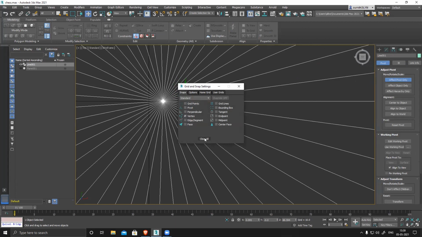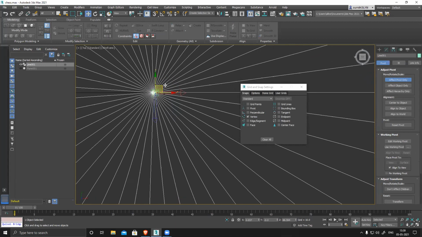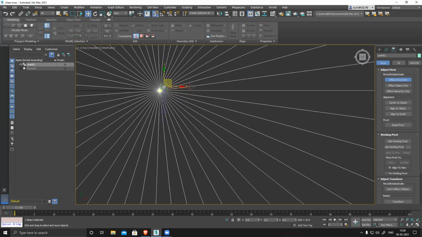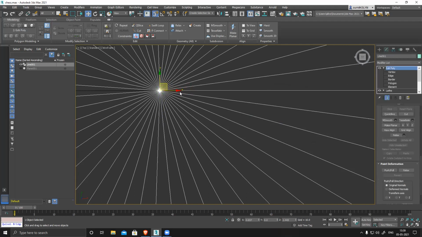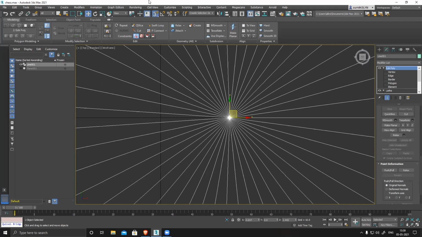First I'll switch on vertex snap. Snap this to the vertex. Switch on this and snap perfectly, right? Done. Now the pivot is at zero, perfectly snapped. Now our world origin is here.